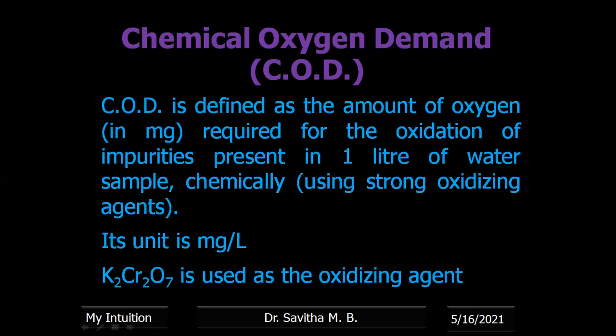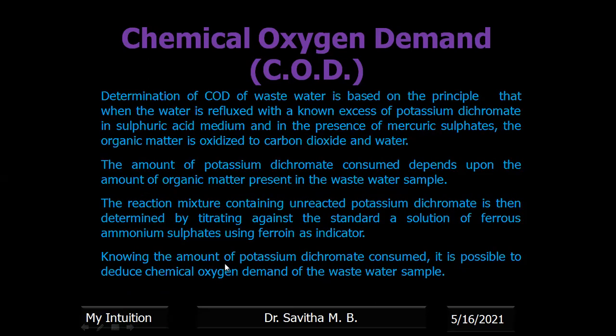Right, now here also you are taking the organic matter and then you are adding a chemical, a strong oxidizing agent. An oxidizing agent is the one which liberates oxygen, right? So as much organic matter is present, so much oxygen will be consumed. Okay, the oxidizing agent used is potassium dichromate. Right, now here sewage water is taken, and potassium dichromate is added, which gives out oxygen only in the presence of sulfuric acid, that is, acidic medium.